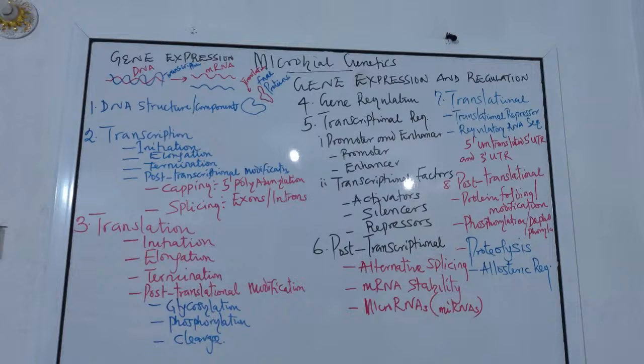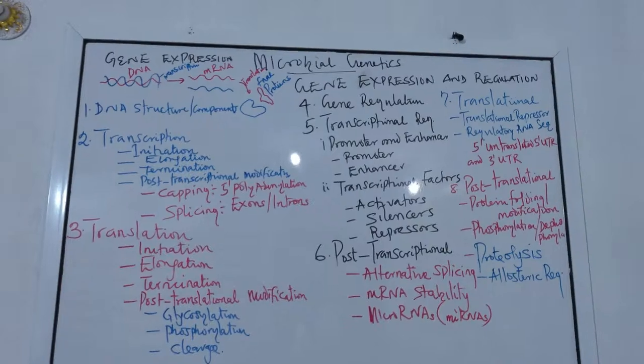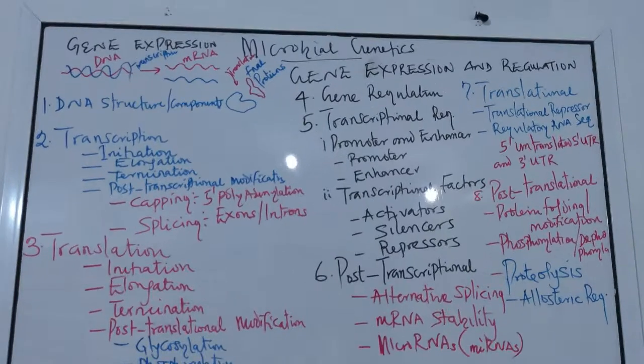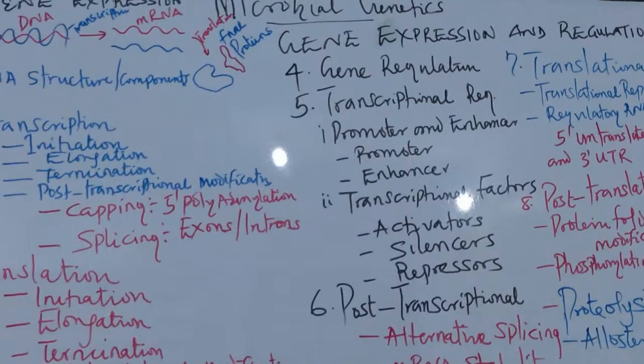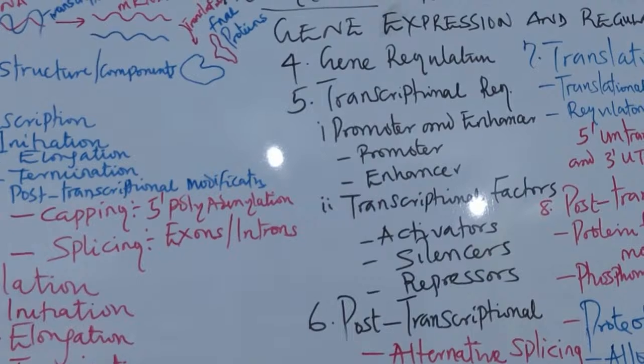Gene regulation involves a subset of processes that control when there is going to be gene expression, where it is going to take place, and how much of this gene is going to be expressed. So we need to know this. And different types of genes actually have their own method of controlling it.